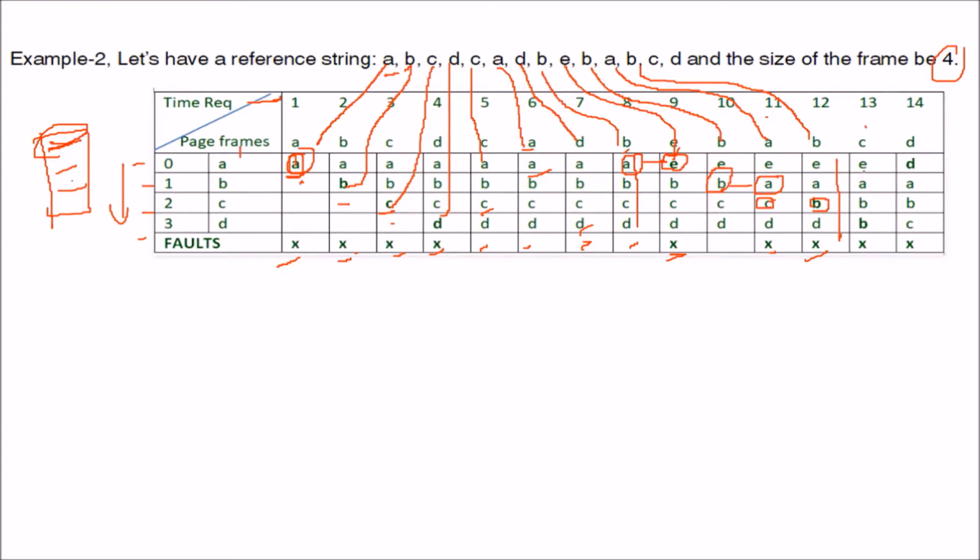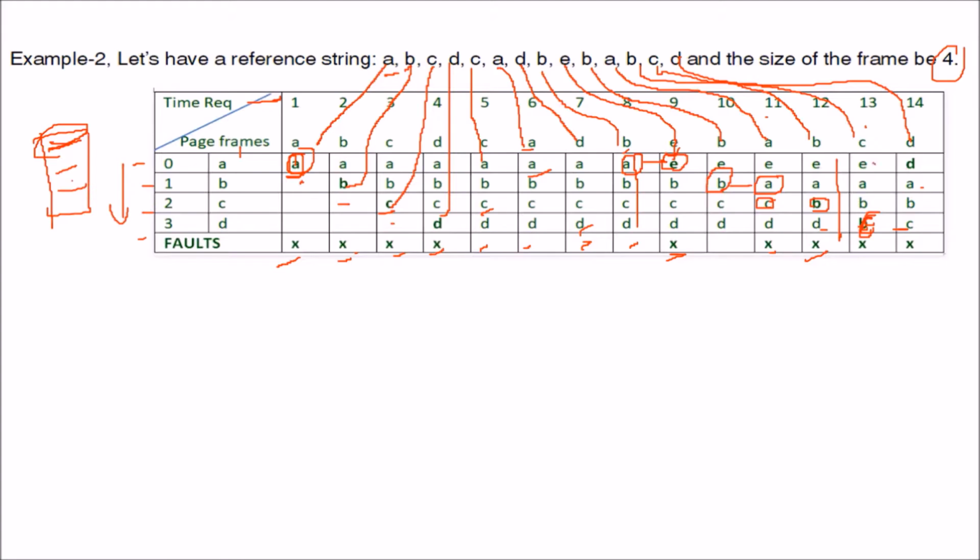So this C needs to be replaced, and we have seen this D. D has been there a long time, so C will replace it. Okay, C has come. Now D has come.